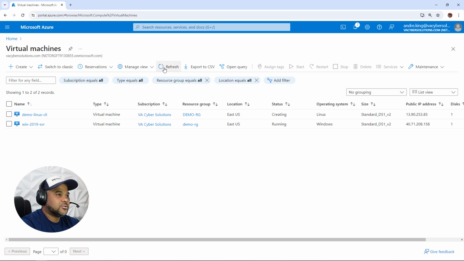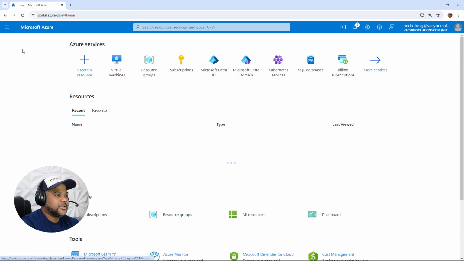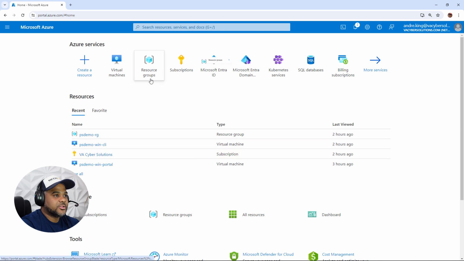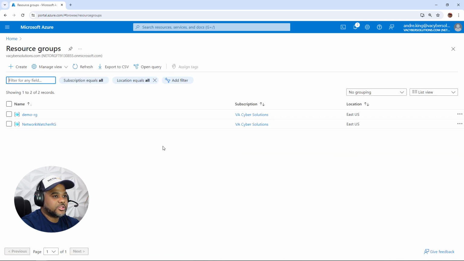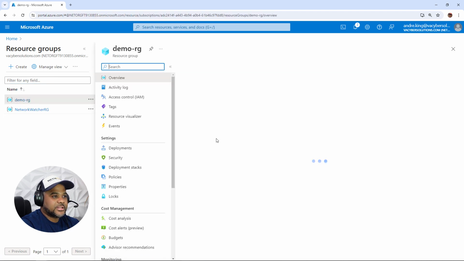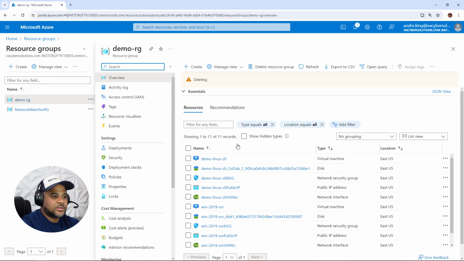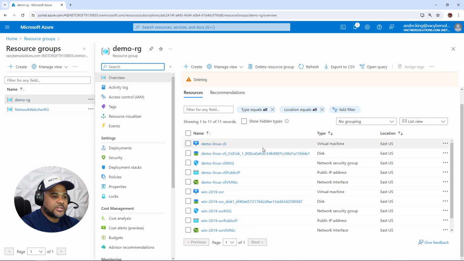It knows on the background the order of which to delete the resources, but to get a good view of what's going on, let's actually target that resource group and let's get in there and let's see. Let's see, deleting right there.